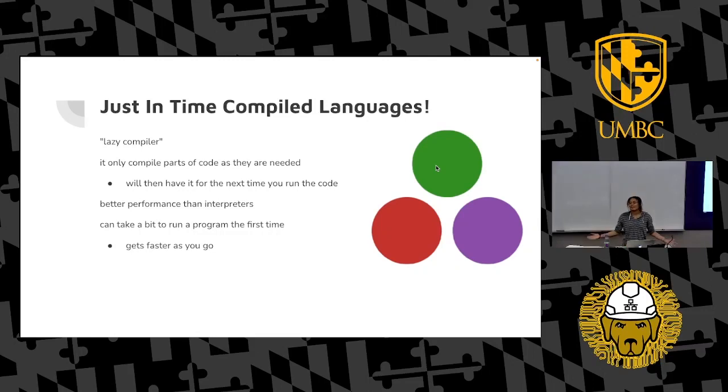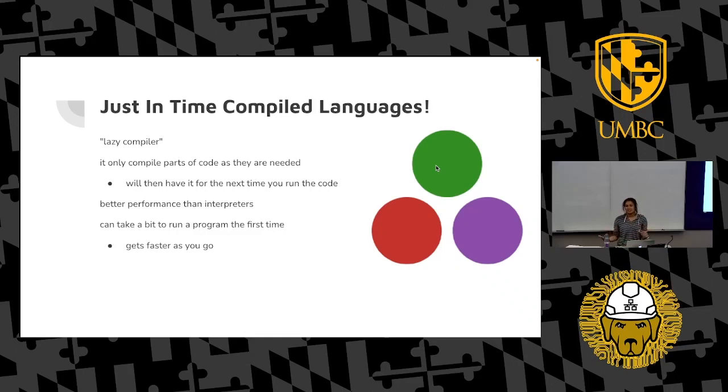But no, yeah, just-in-time compiled languages. They are lazy compilers, which means they're only going to compile what they need. So, for example, kind of like with Haskell, say I have two functions. Craig's making a face. I think he knows where this might be going. No, I don't. Okay. But say we have two functions and Julia only uses one of them. It's only going to compile the segment of code that it uses and not something else. The Java virtual machine actually works like this, where it will selectively compile the stuff it needs to help make things run faster.